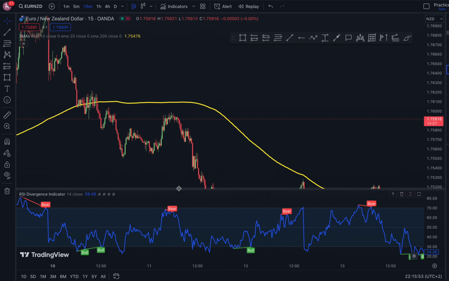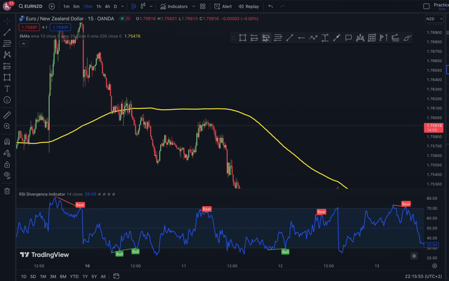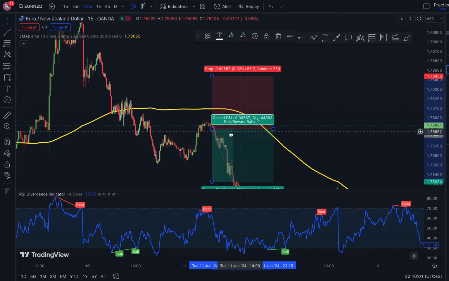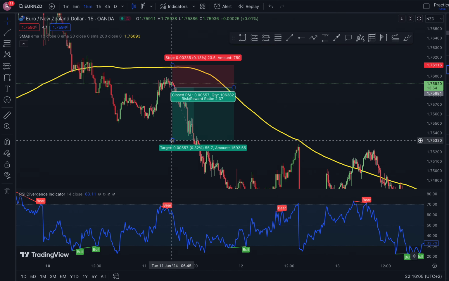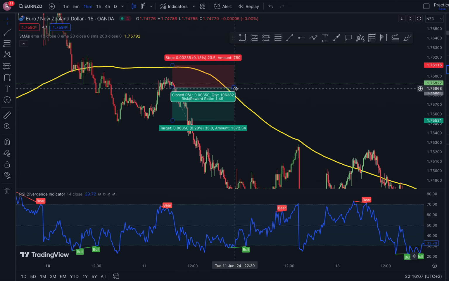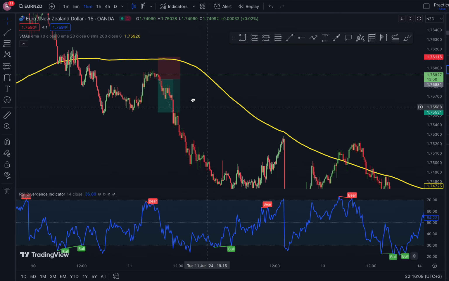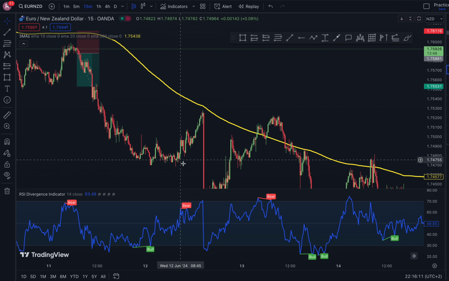Let me show you guys something. I'm gonna take a sell here. You can see there we had a divergence, and we are underneath our EMA. That's a nice trade there. You can see there we got a trade. We have a divergence